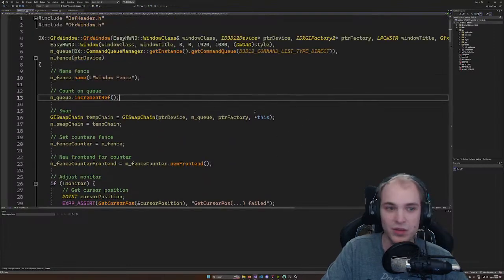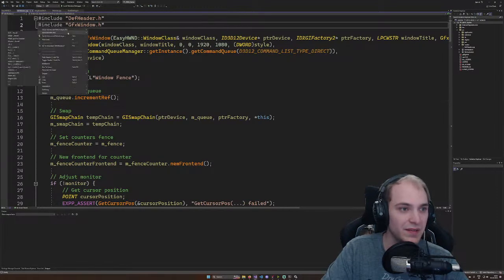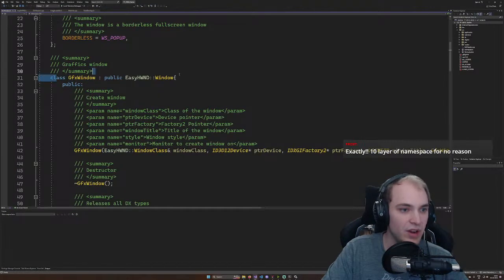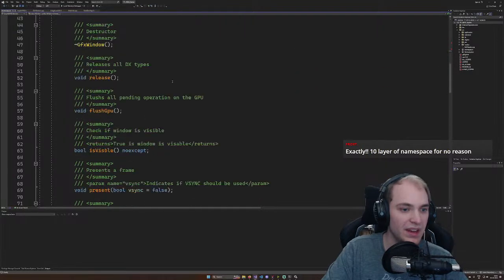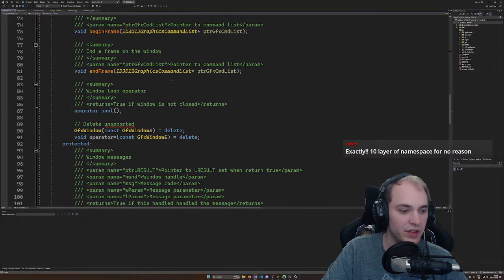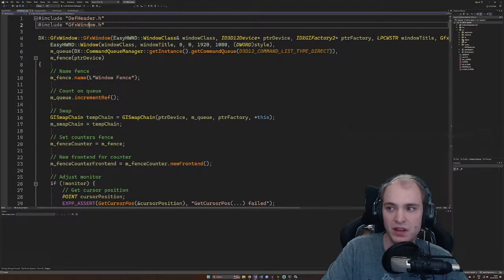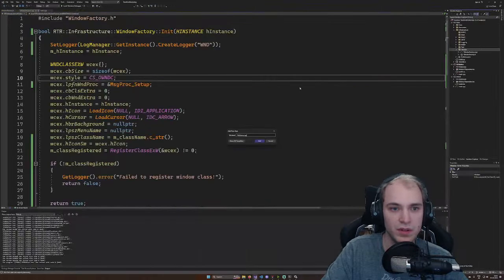But now let's take a look at how I've done that. So I think that my graphics window was an easy HWND in this case, and I think I want to do something similar there as well. I don't want to write too many abstraction layers. I think that's not really useful. So what I want to do,